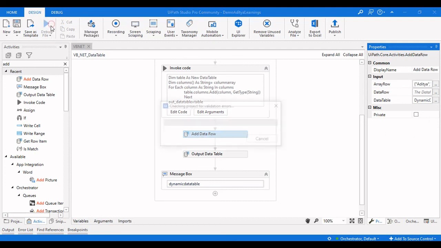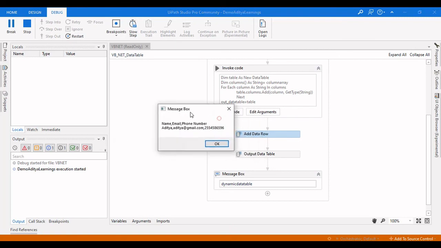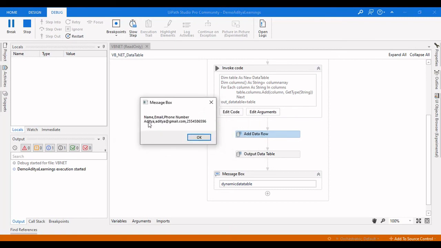Let us verify whether it is adding that row and giving us a data table output or not. You can see here it has added the name to the name column and aditya@gmail.com to the email, and then the phone number to the phone number column. So this is how you create a dynamic data table using VB.NET in UiPath Studio.